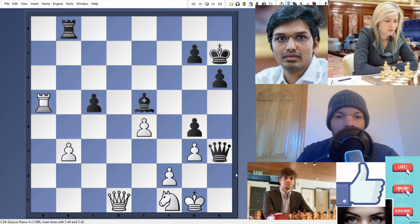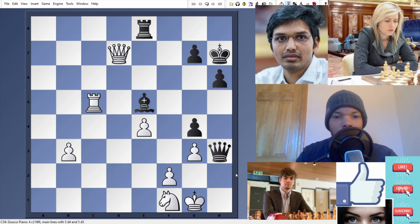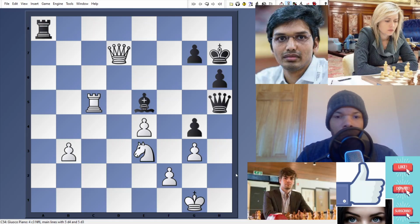So Van Foreest gives back the piece, but he goes into a simplified position whereby he's up material at the end with this beautiful passed pawn on the b file. So queen d7, queen h5, knight e3, rook a8, queen b5, rook e8,